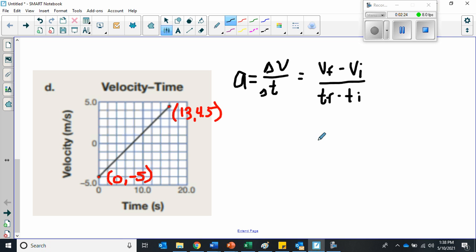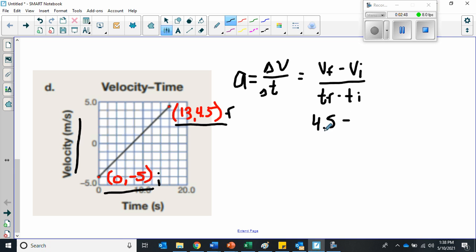Okay. When I plug in my final numbers here first, so all of these will be my final, or my F. All of these will be my initial. So what I have for velocity final is right on here. This is my rise, is 4.5,